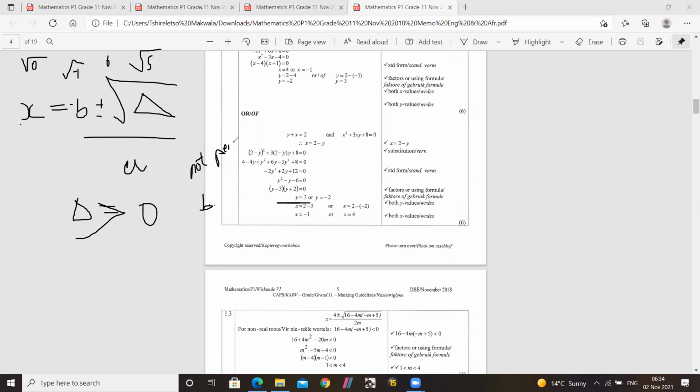What will happen if this thing is not a perfect square and it's positive? The first thing, you are going to get an answer here since delta is positive. So if let's say it's the square root of something like 5, you're going to get a decimal number, an irrational